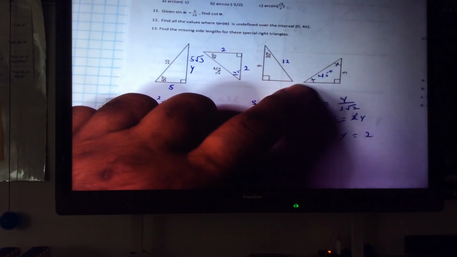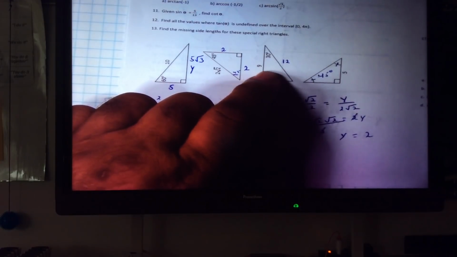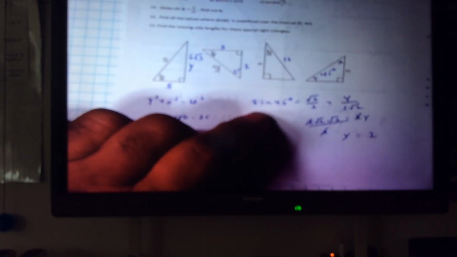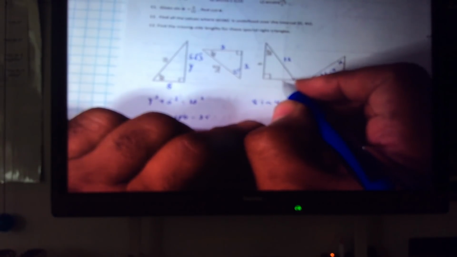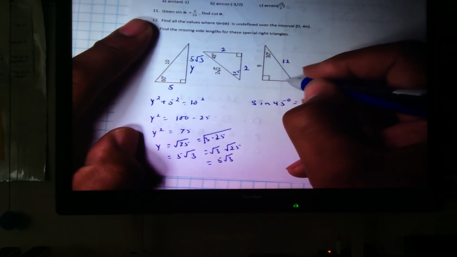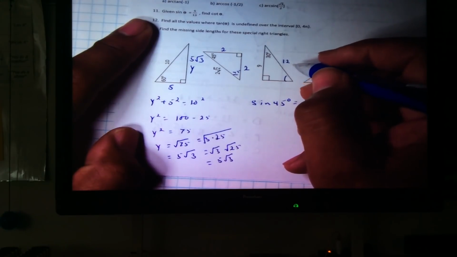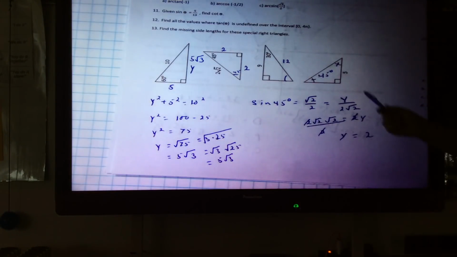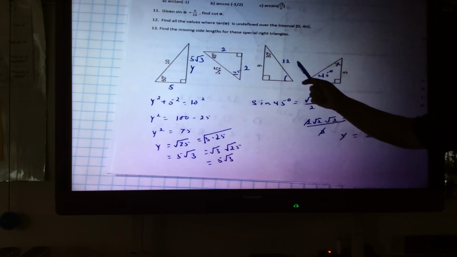I don't know, that doesn't look right. The cosine of 60 is 1/2, so that's that. The sine of 30 is going to be 1/2, so this has to be 6 too. That can't be right. The cosine of 60, and how do you know whether to use cosine, sine? It's either going to be cosine, sine, or tangent. Remember SOHCAHTOA? It depends on what you've got to work with. Why is this cosine? Oh, I did that wrong there. It's the right answer there, but